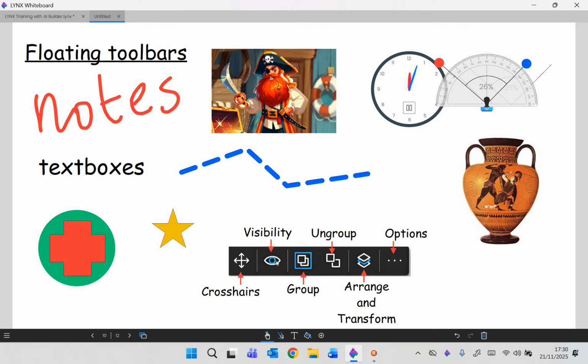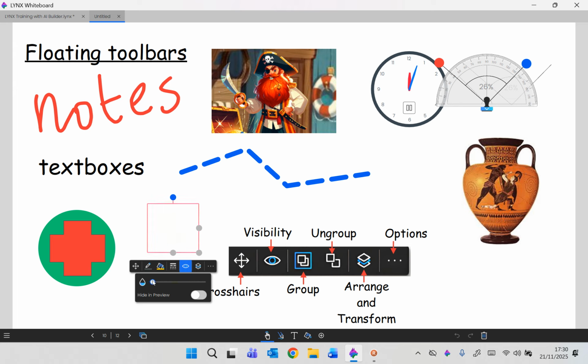Next we have the visibility icon. So with the visibility icon, it's all about deciding whether or not you want to make that object transparent. So with the slider here, I can start to make things look a bit ghostly, or move it all the way and it will disappear, but it is still there if I know that it's there for me to make